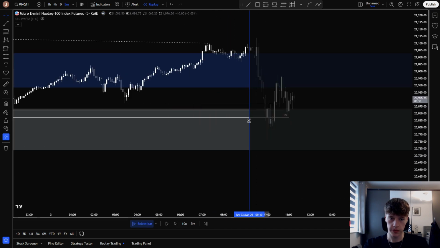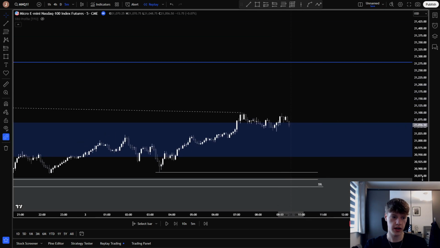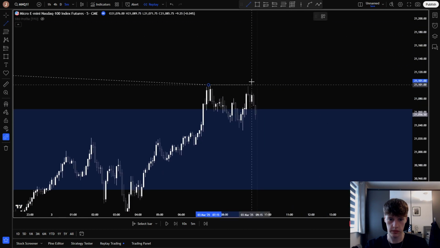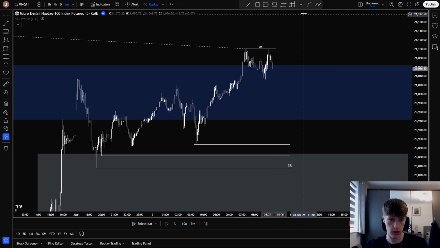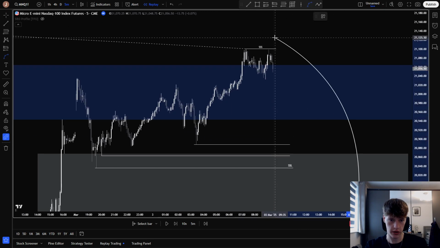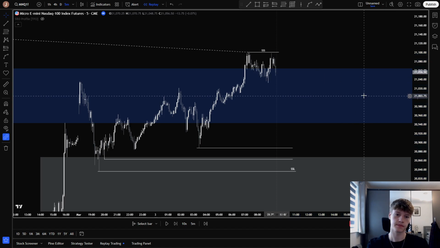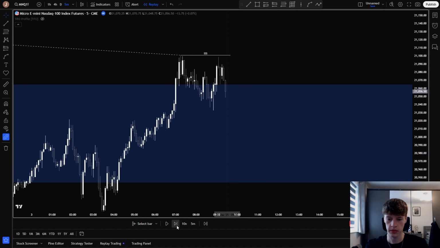So going into open, I need to see manipulation, I need to see displacement, I need to see some form of high taken to fulfill the bearish bias, to fulfill the sell side of the curve, which is what I was looking at. Market opens